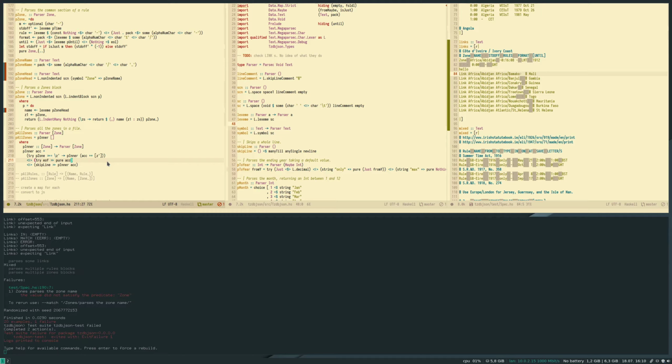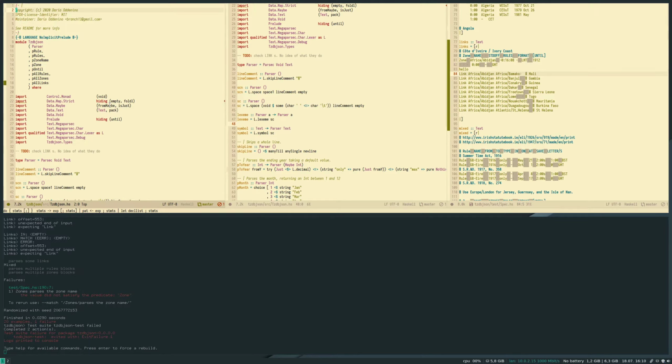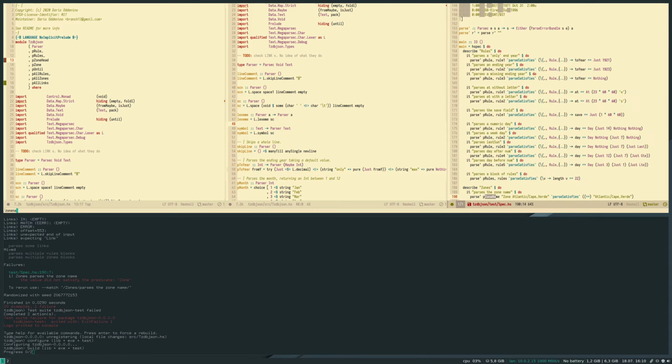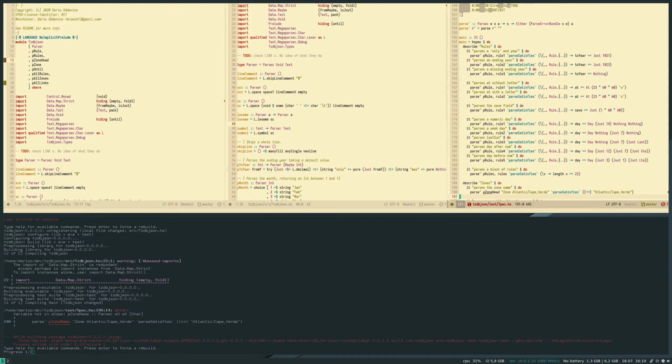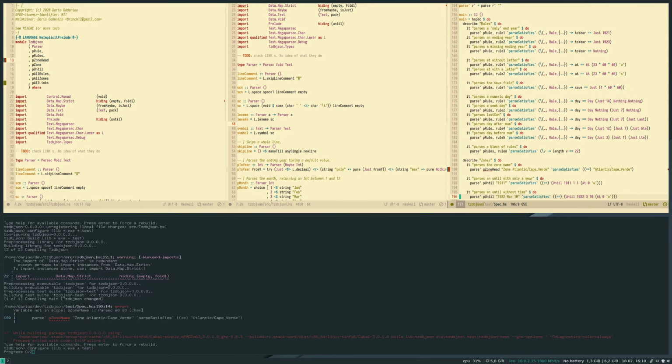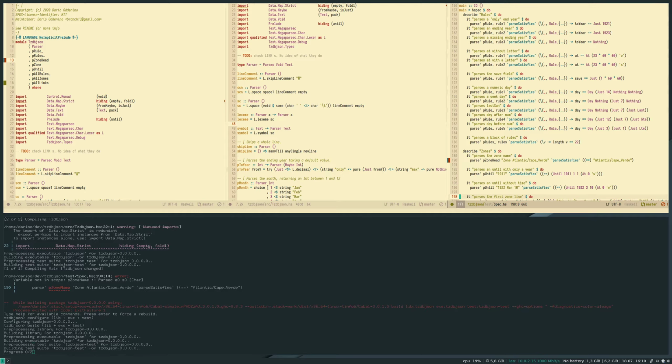Something fell. What is it? Yeah, of course now. Zone name. Fix the test.